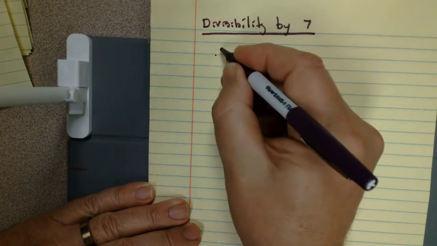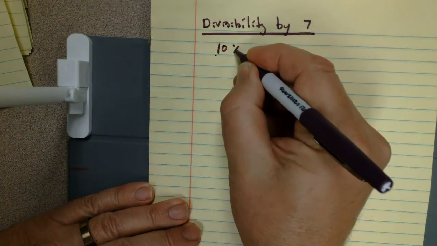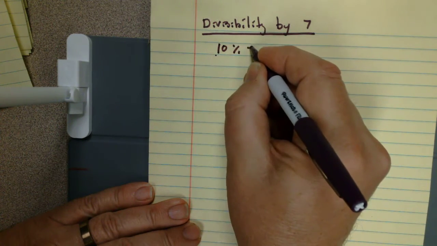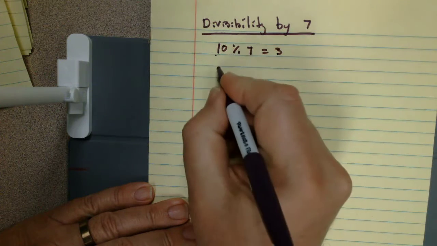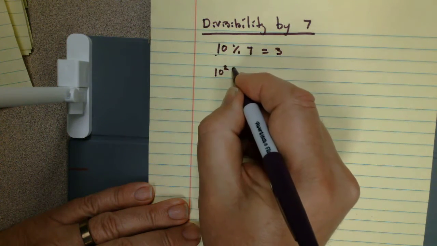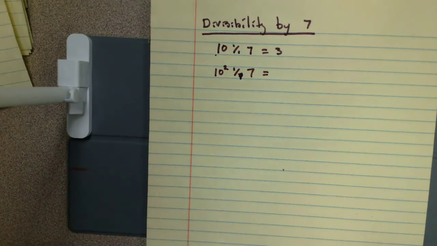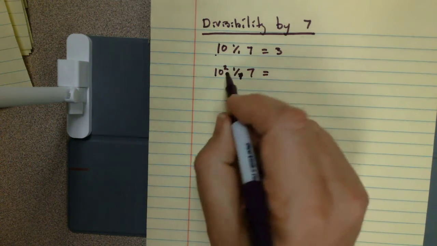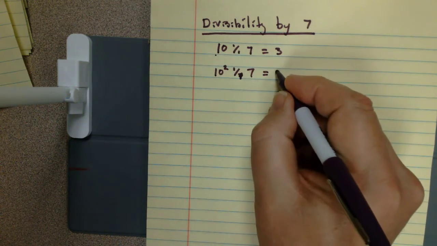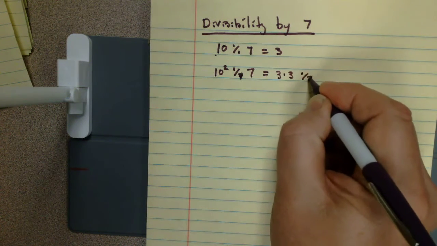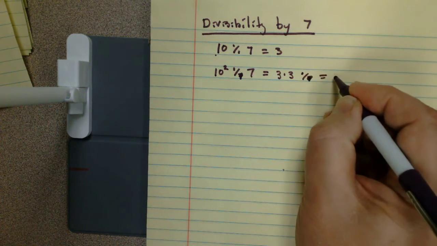Again, we will be using our base 10 notation. 10 mod 7 is 3. Now 10 squared mod 7. I could do 100 divided by 7, but that's for chumps, because we can use the 3 whenever we use a 10 working mod 7. Instead of 10 times 10, I would do 3 times 3 mod 7, which is 9 mod 7,